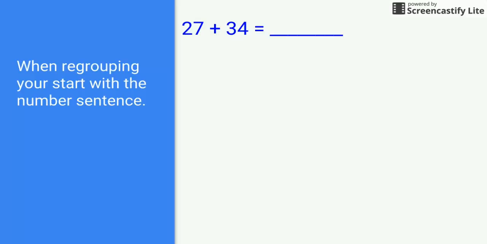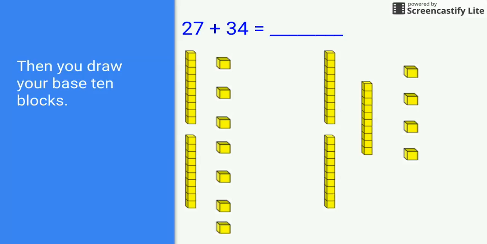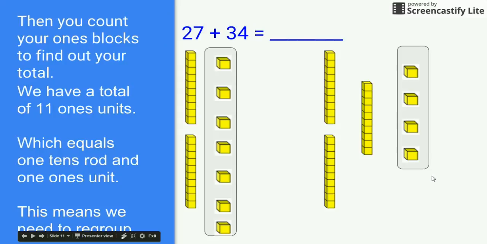So when you're regrouping, you start with your number sentence just like any other strategy that we use. You're going to draw your base 10 blocks. So we currently have 2 tens and 7 ones for our 27, and our 3 tens and our 4 ones for 34. After we draw our blocks, we're going to count our ones units. We end up with 11, which is equal to 1 tens rod and 1 ones unit, which means we need